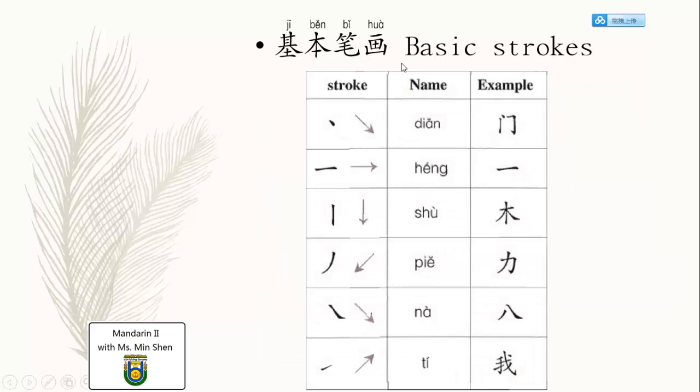Next, let's try to write Chinese characters. First, we look at the basic strokes of Chinese characters, 基本笔画. The first one, 点, it's a dot, and pay attention to these arrows. It shows how you write down these basic strokes. 点, from up to down. 横, 竖, 撇, 捺,